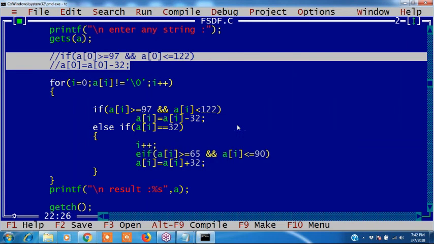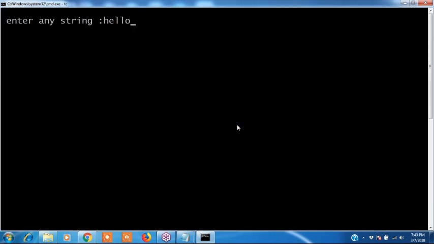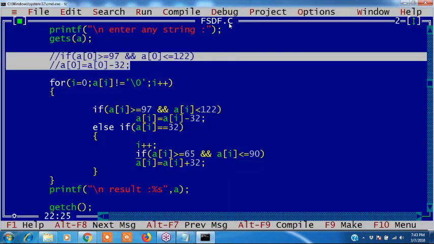We check that code, we try. If I enter all small letters, hello space world, W is converted to small. We enter small letters, converted.